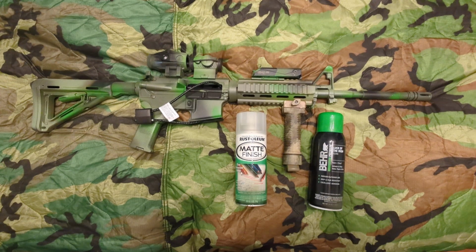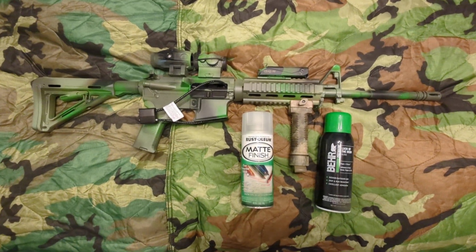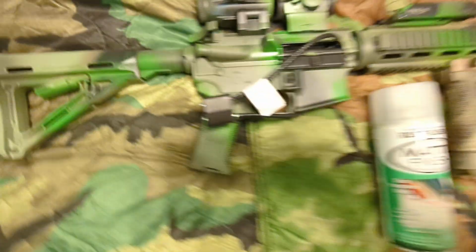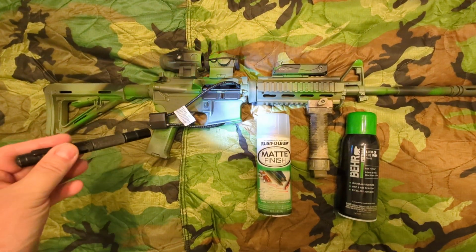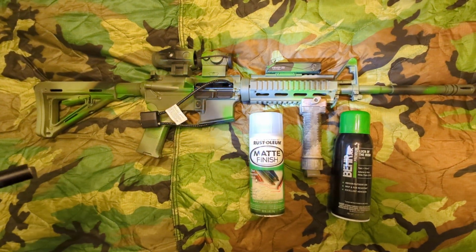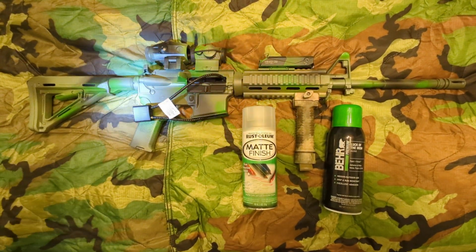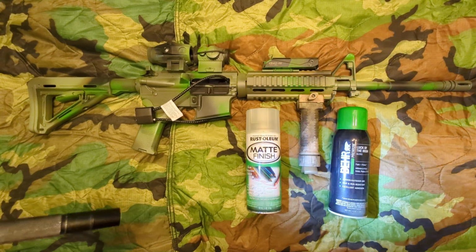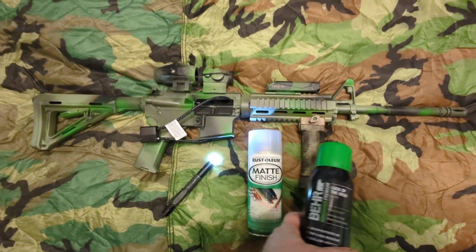And so I did this camo job on it, and you might see that there are some, let's see if I can show you some of this. You might see that there are some bright or greenish patches on the camo. And anyway, I use the usual matte colors of Rust-Oleum or Krylon or whatever. And then for the baby poop green, I used this Bear Luck of the Irish, and it's not a matte